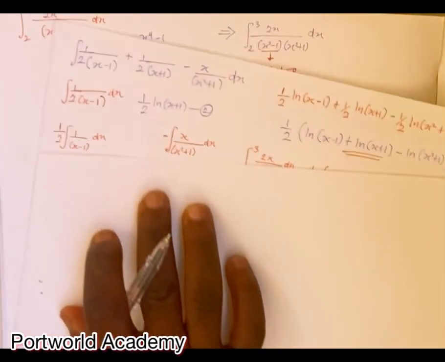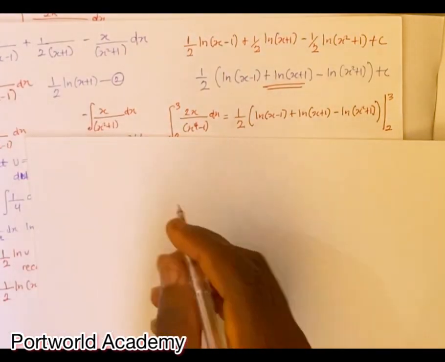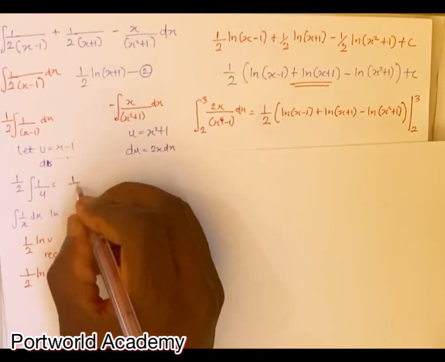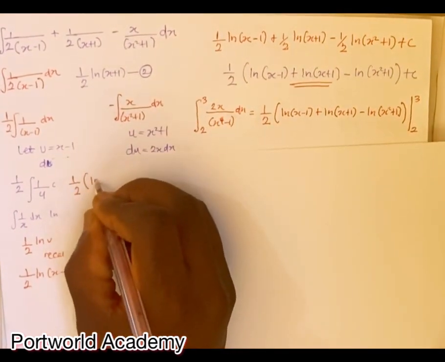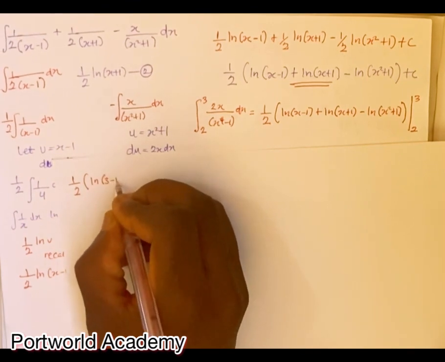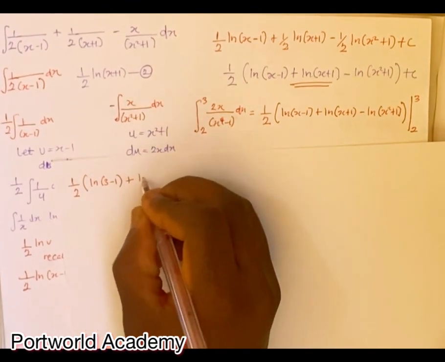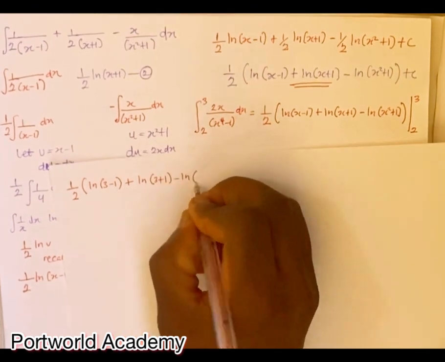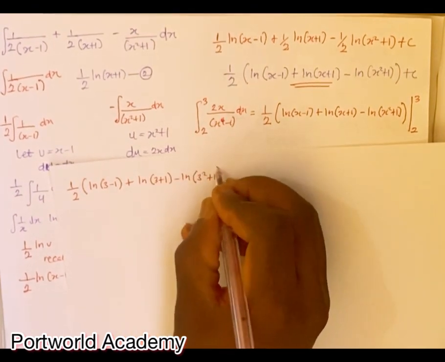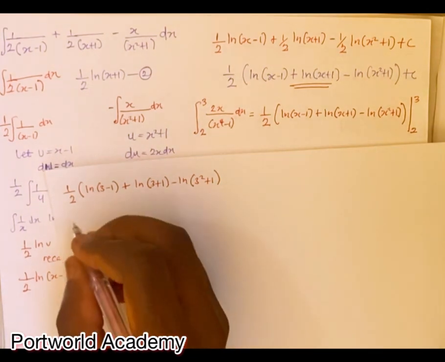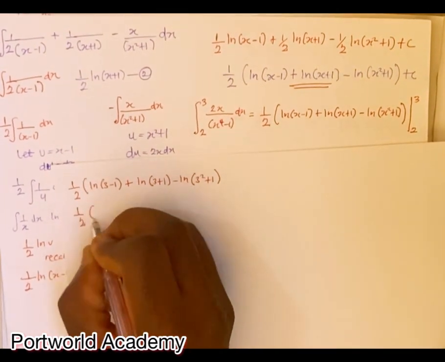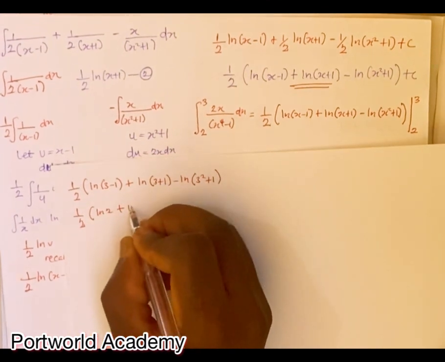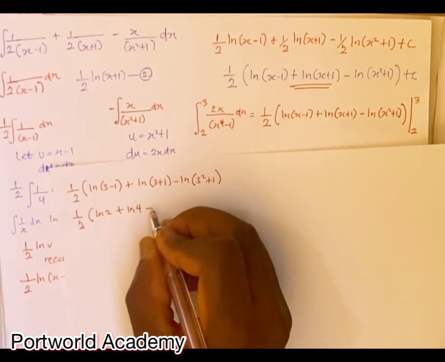So here, since I'm integrating with limits, I'm going to have my 3 first. I'm going to have 1 over 2, then natural log of 3 minus 1, right? Then plus natural log of 3 plus 1, then minus natural log of 3 squared plus 1. Exactly. So here I'm going to have 1 over 2 in brackets natural log of 2 plus natural log of 4, then minus natural log of